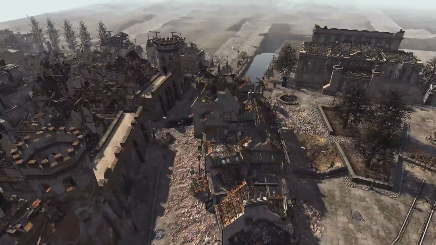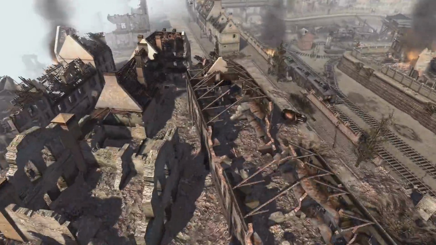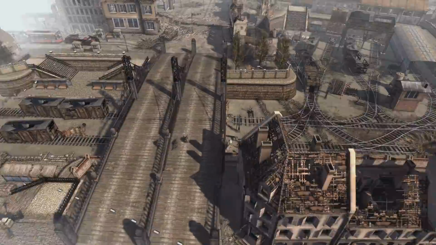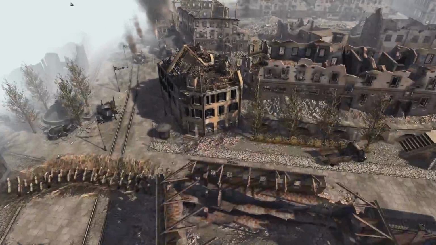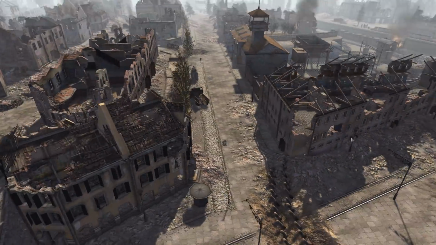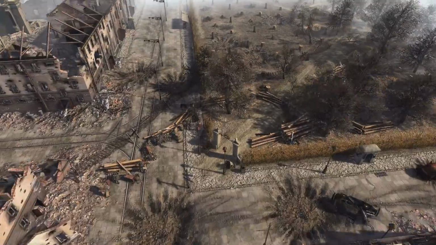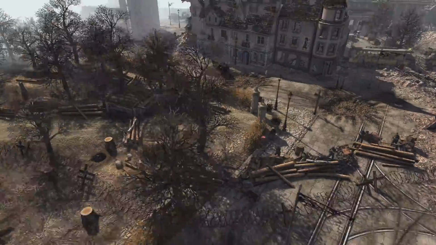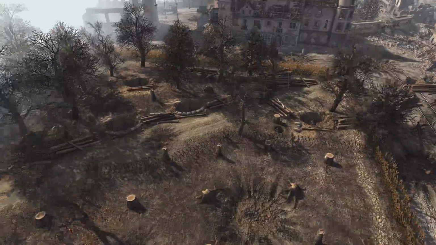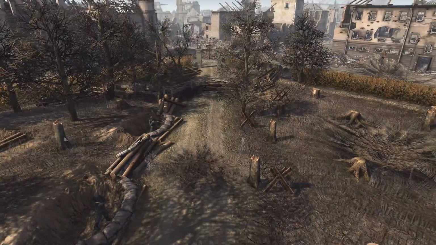I mean, not to mention all the buildings and all the detail. This is an extremely detailed map. It wouldn't be able to handle it. It just wouldn't have been able to. So that is why I split my videos up into several parts. Here, let's look into the German positions of this map. And sorry for that rant, but it had to be said because it's getting quite annoying.